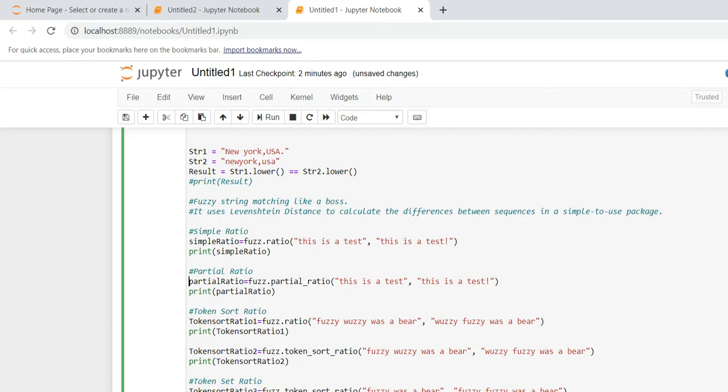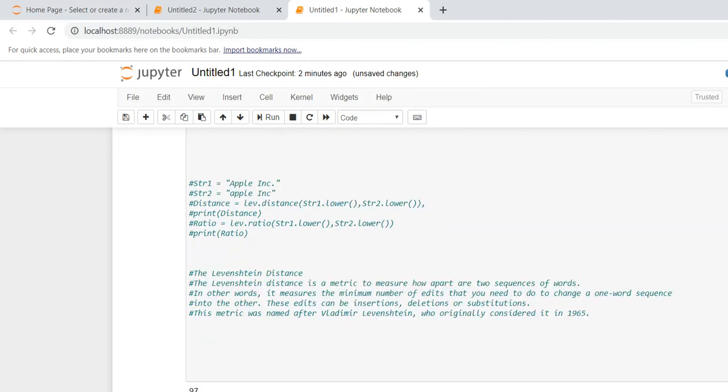The second one is partial ratio. It works like ratio, but here the keyword I'm using is partial_ratio. I'm using the same strings, like this is a test, this is a test with simple. Running it, it's showing 100.